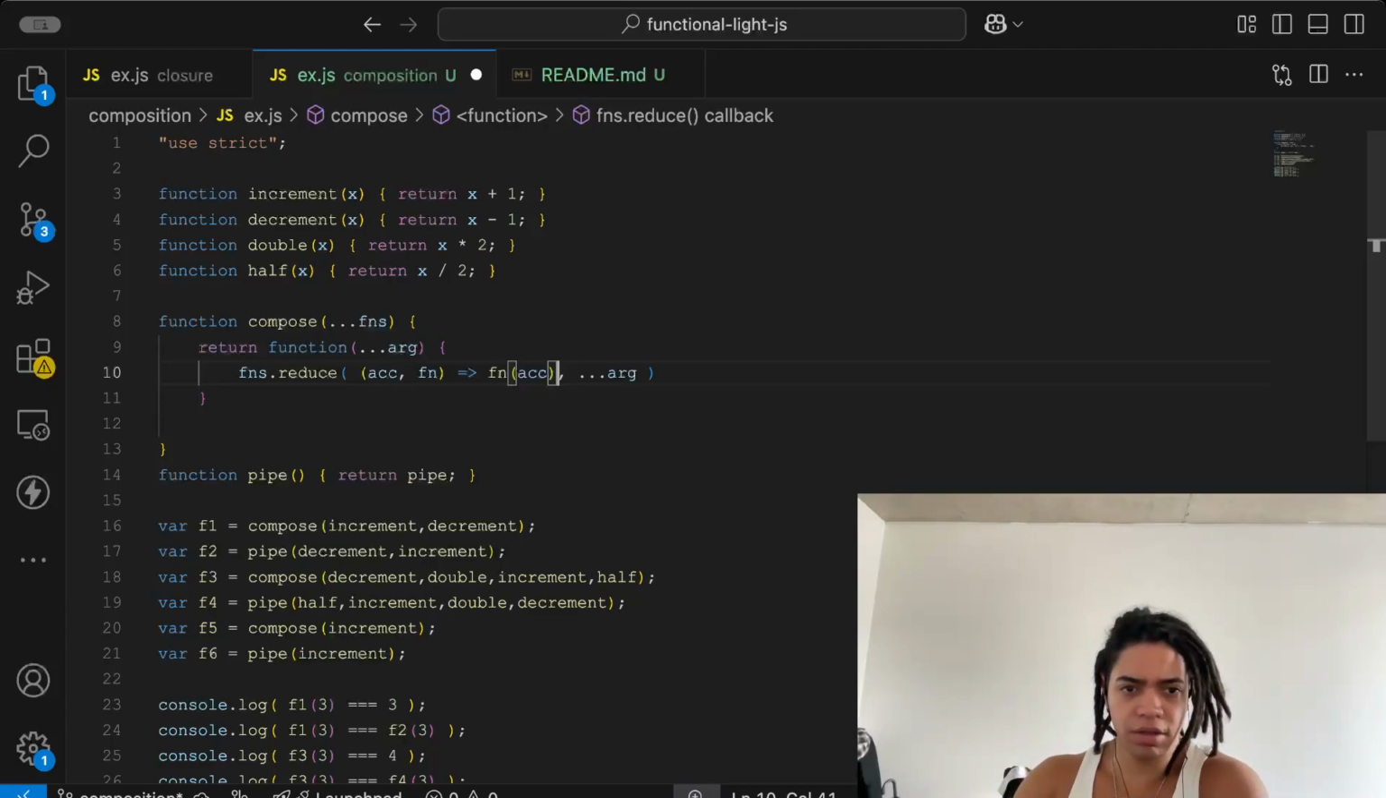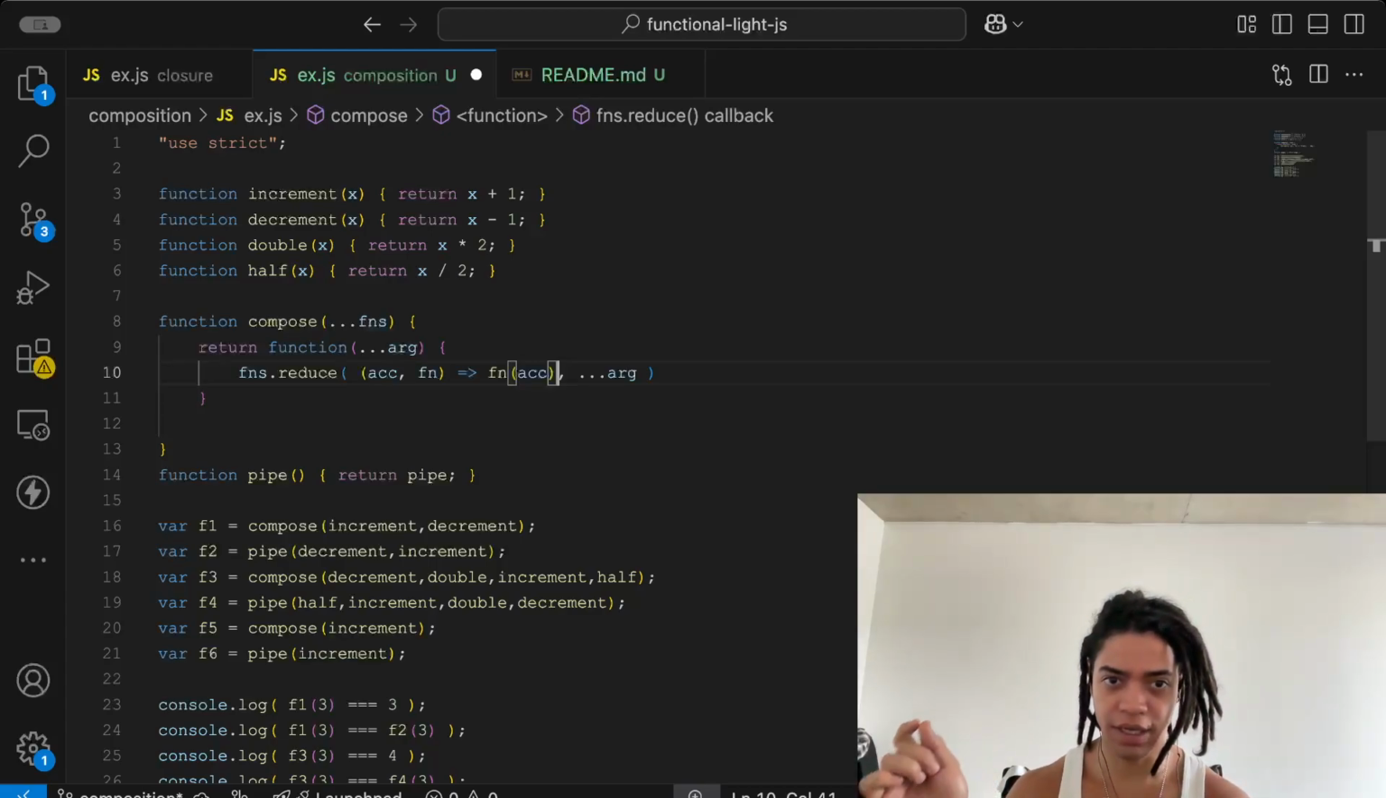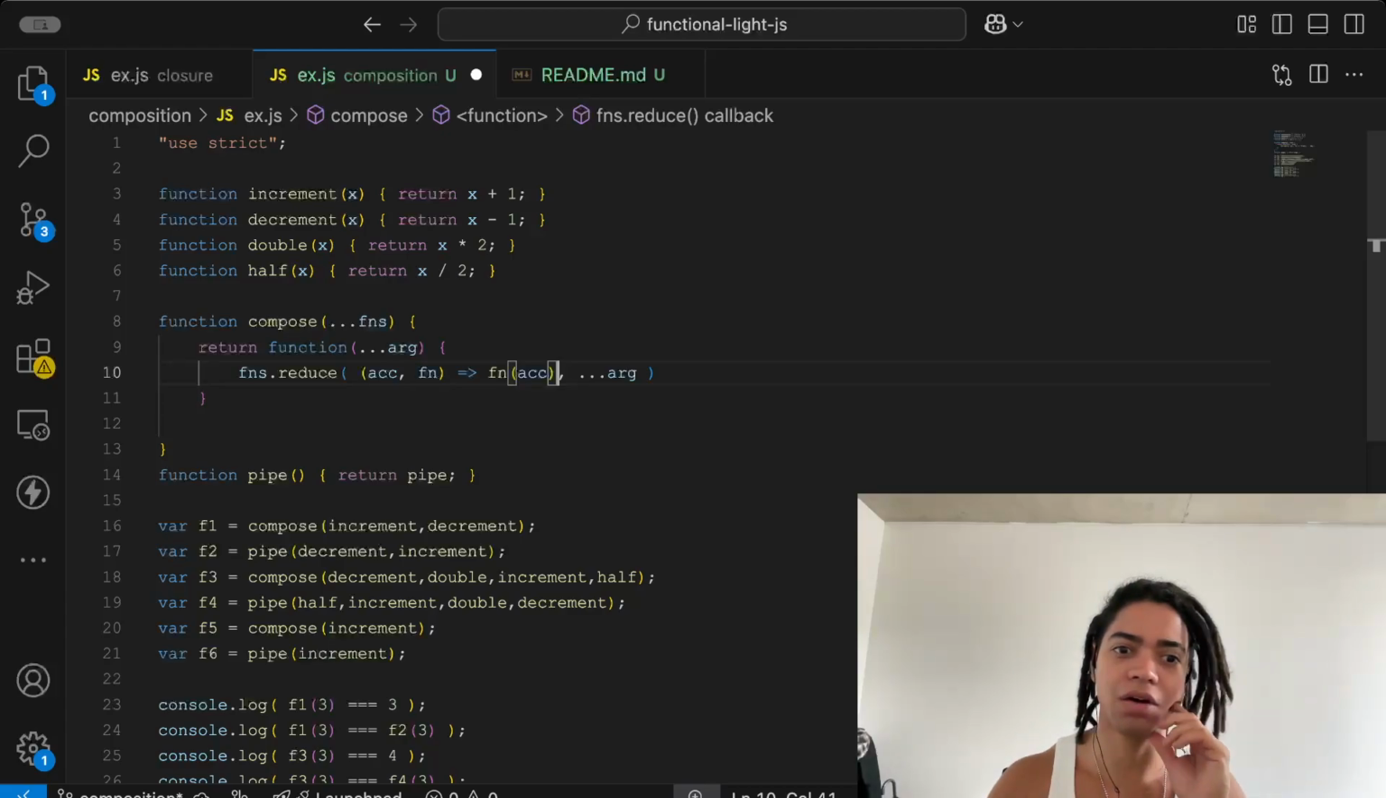So f1 is equal to 3 because first we pass the value of 3. So we decrement that and then we increment that, and this is true. And the other is that f1 is equal to f2. F1 is a compose, which says, hey, I want you now to take 3, decrement that, which is 2, and then increment that, which is 3. And the f2 says, hey, I want you to now decrement first, which is 2, and then increment that, which is 3. And this is true. And holy moly, we create now our